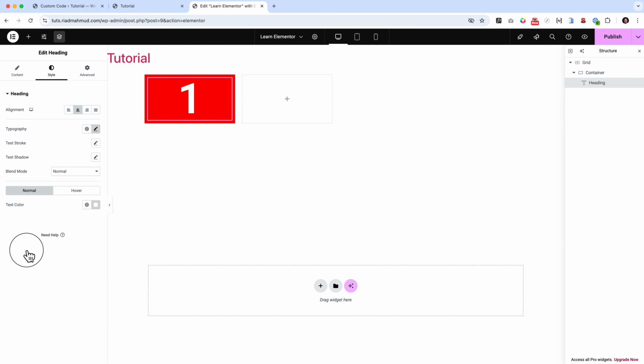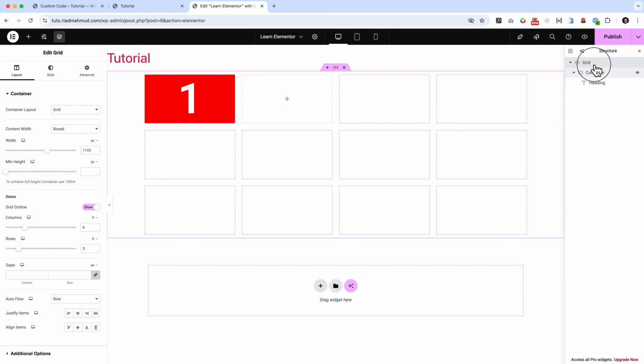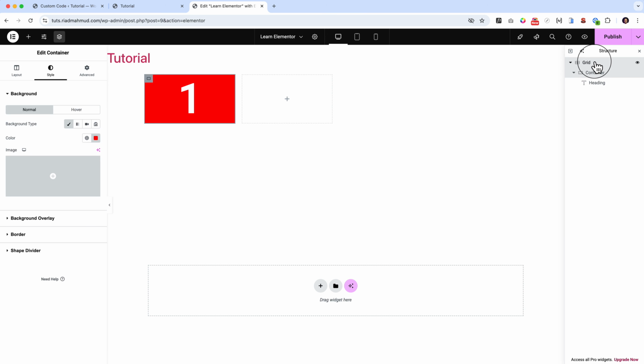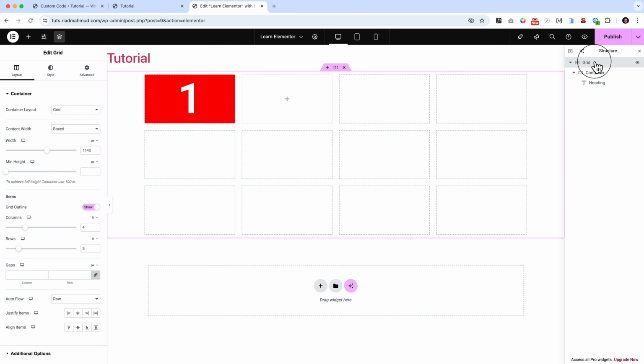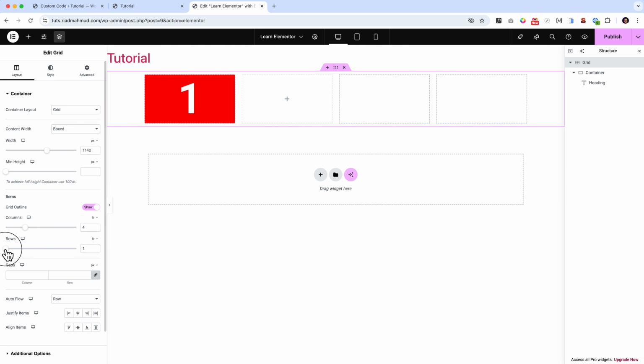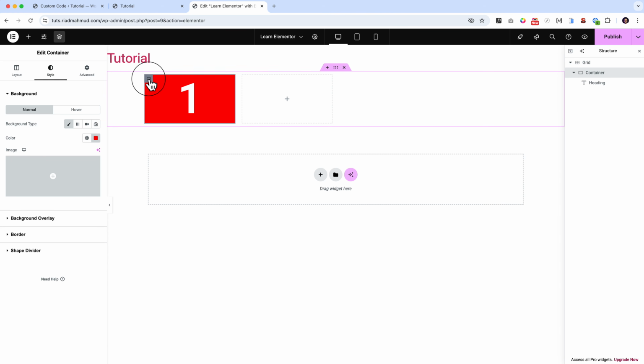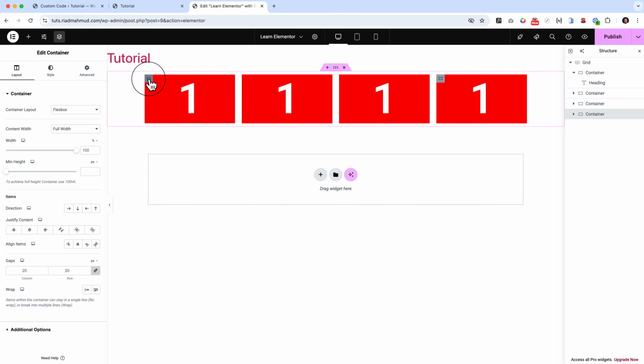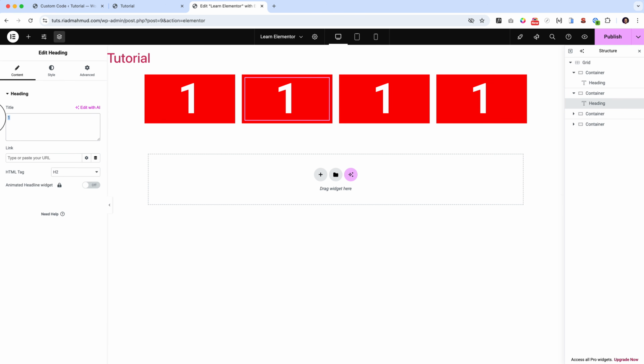So I just added a container here. As you can see inside the grid, one container here. But when I select the grid, you can see it's displaying perfectly here. It has 4 columns, 3 rows. Let's make it 1 row here and duplicate this container pressing Command D from my keyboard. I can make, let's make 2,